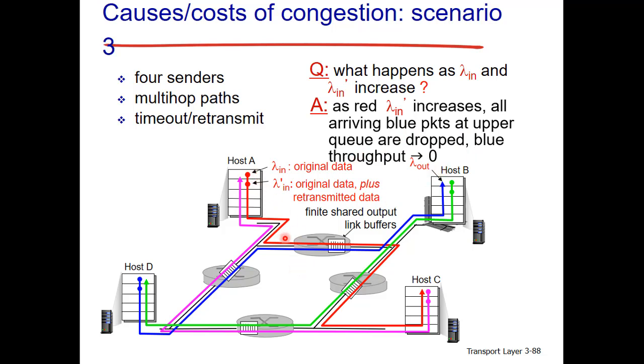Once it is increasing, the blue throughput ultimately goes to 0, because the effect of packet loss also comes onto this user. If congestion is happening, it does not only affect this one, that is also affecting the other users in the network. So overall the performance of the network deteriorates a lot.